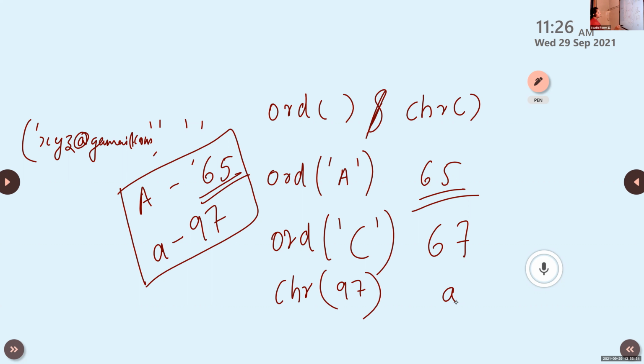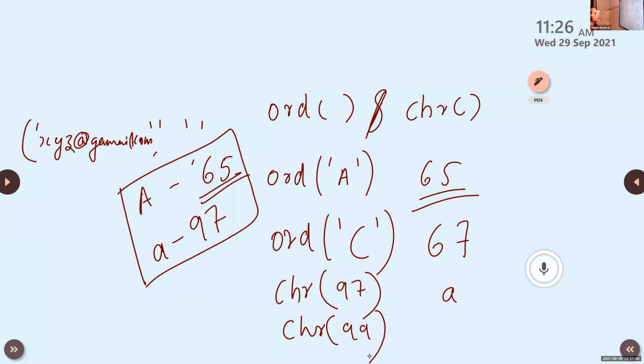If it is CHR of 99, what is the result, Shivani? CHR of 99. A is 97, 97 is A. Then what is 99?